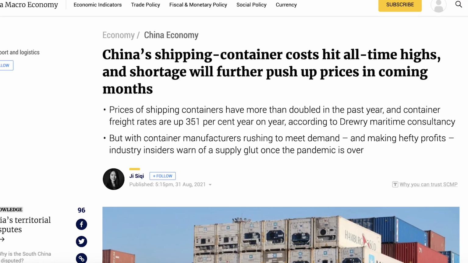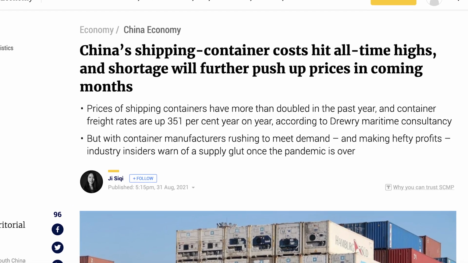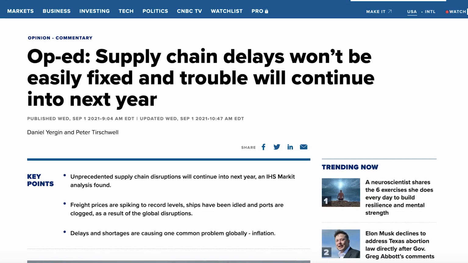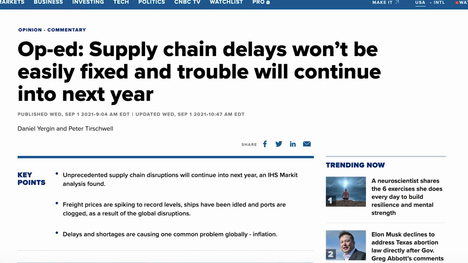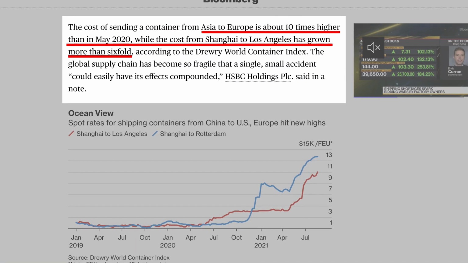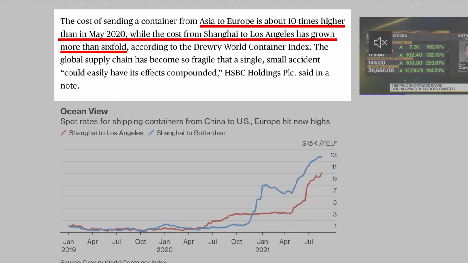There is a global shipping container shortage. There are too many people wanting to get products into their country and out of the country, but there are not enough ships, so everything is getting backlogged right now. So basically it boils down to supply and demand again, right? Who can pay the highest for this container?